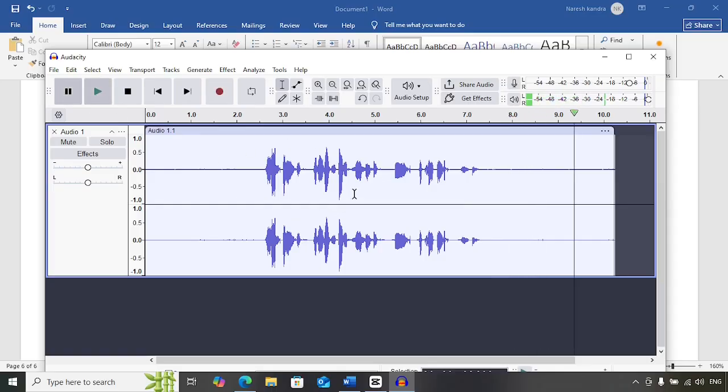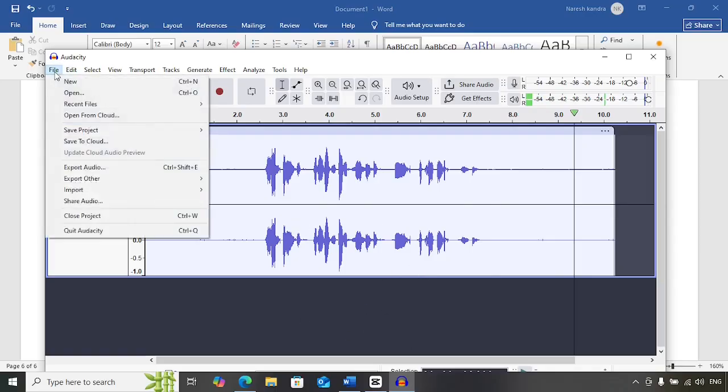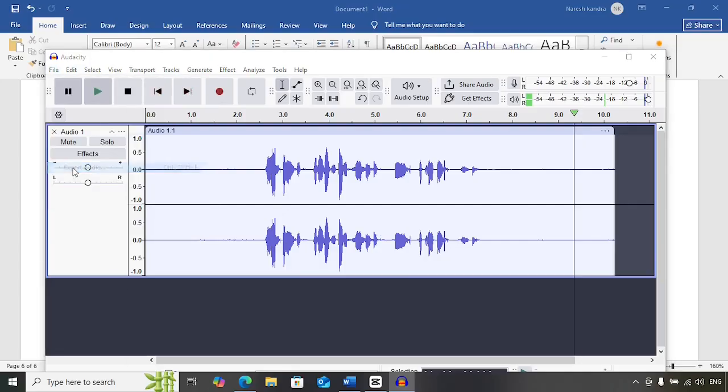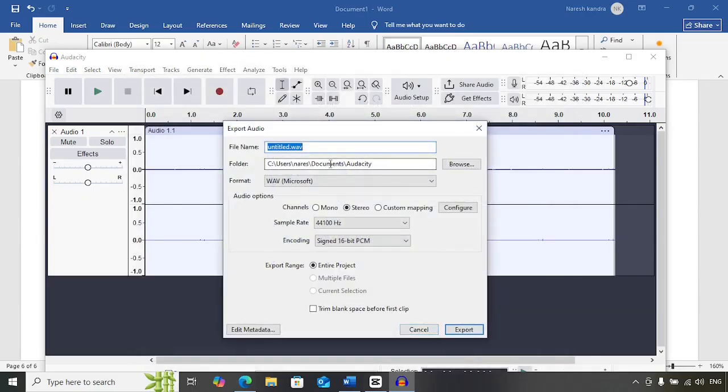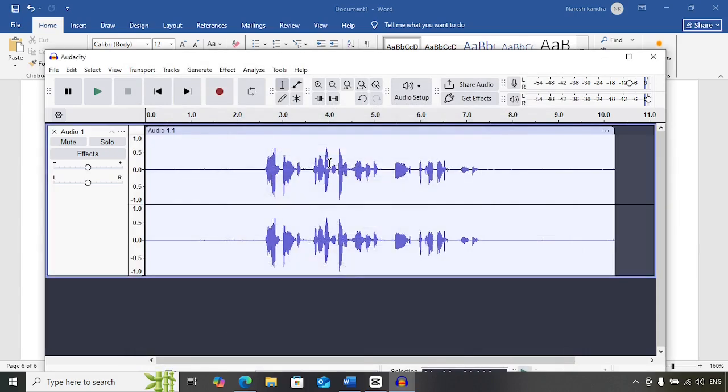So if you are satisfied with the audio, all you need to do is click on file and click on export audio. Okay, click on export audio and select export to computer. I'm going to save it on desktop. Alright, so once the audio file is ready, now